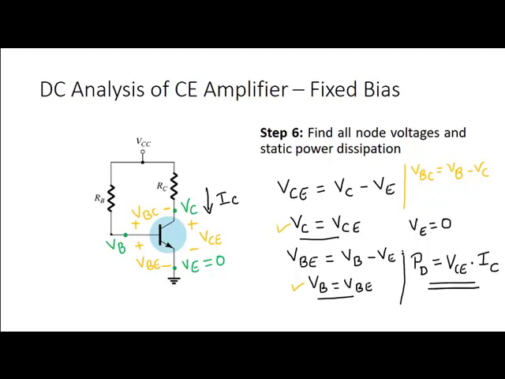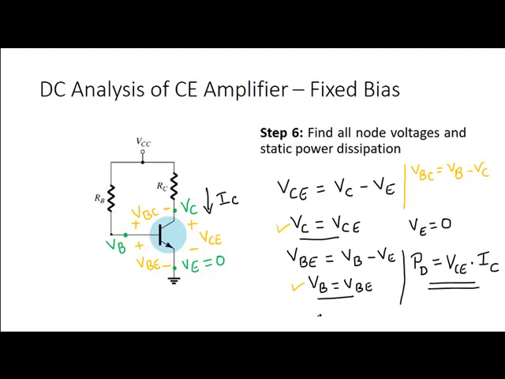So this is a very important parameter. The more the static power dissipation, the more the transistor gets heated. So we should always find the static power dissipation of the device and make sure that it is well within the range specified for that particular bipolar junction transistor. That's where this parameter comes into the picture. It plays a very important role.